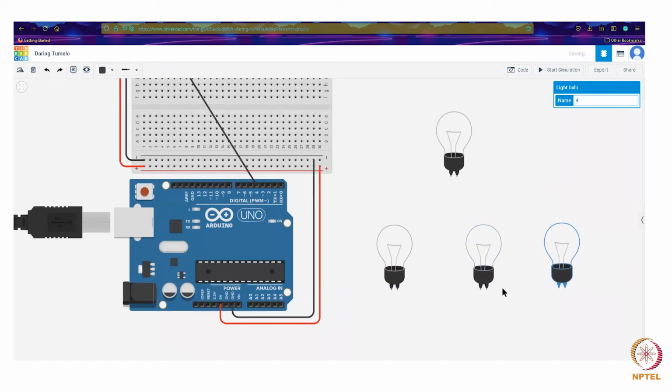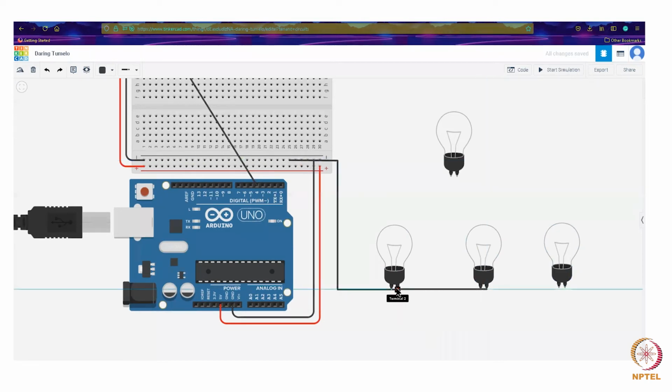So we have 2 terminals. So what we can do is that we will short all the grounds of these terminals. And we will short all the second terminals of the light bulb.